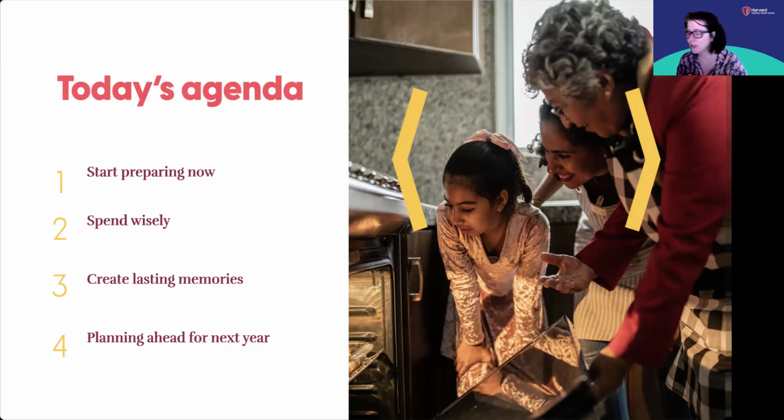So, getting into today, I did share some of the poll results for those of you who participated in the poll. It seems like we do have some people on here like me, in the category of I have an idea in my head of who I'm buying for, but I haven't written it down, so I'm worried I'm forgetting something or someone. And the majority is that I haven't even thought about my shopping list yet.